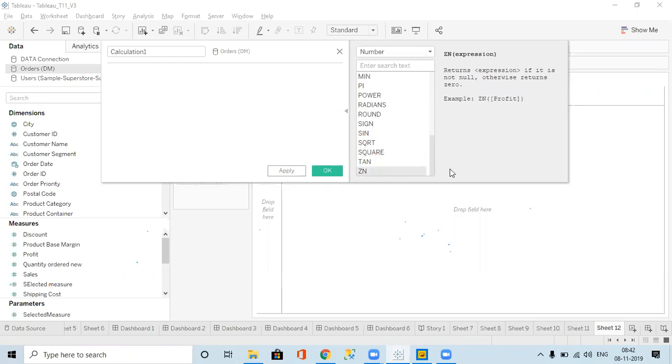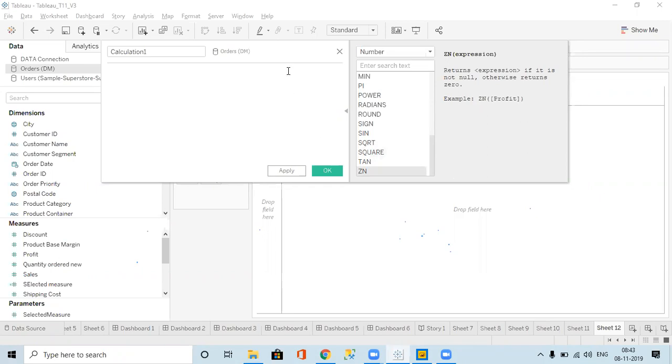So the ZN function is very important, and in any interview this will be asked. Okay, the ZN function is very, very important. The use of the ZN function is that it will replace the null value with 0.